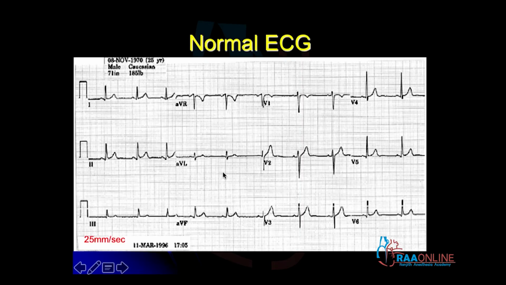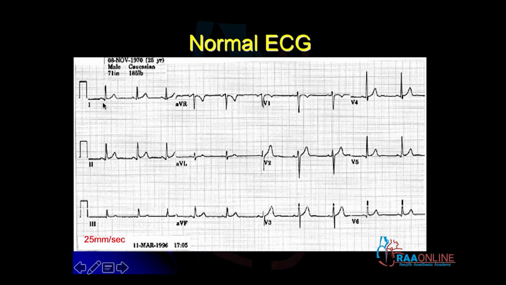So when you look at the ECG here, what you have to do is to first look at the P wave in L1 and P wave in AVR. So P wave is upright in L1, inverted in AVR. Then look at the distance between two adjacent P waves. When you measure this P interval, it should be constant. Even if you measure here, it should be constant throughout the ECG.